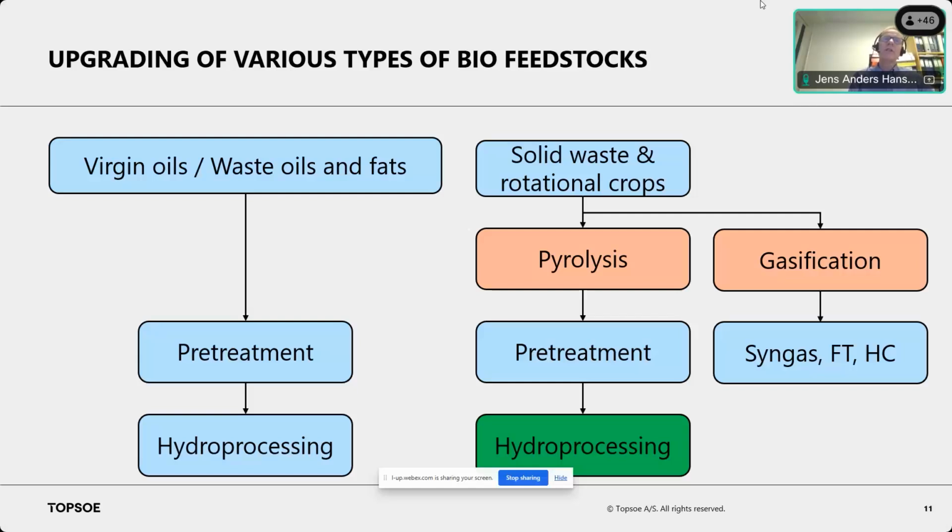But when it comes to pyrolysis oil, you have to demonstrate that the jet fuel you produce is okay, and this is work that I think is ongoing for many of these processes, because today you cannot do it, as you need a permission to use it. But hopefully we can develop technology so we can use jet fuel from those processes and be able to use that as a jet blend material together with fossil fuel.